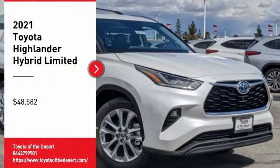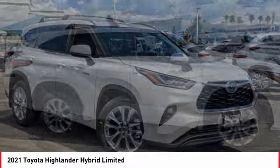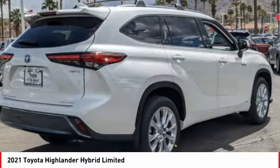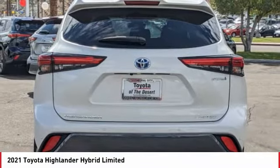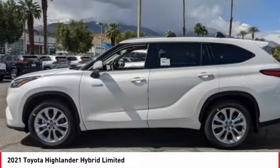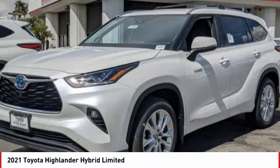Make a great choice today with the 2021 Highlander Hybrid. The Highlander Hybrid is equipped with the standard 3.3-liter V6 270 horsepower hybrid engine that achieves 27 miles per gallon in the city and 25 miles per gallon on the highway, offering a spacious interior, smooth ride, and refined hybrid